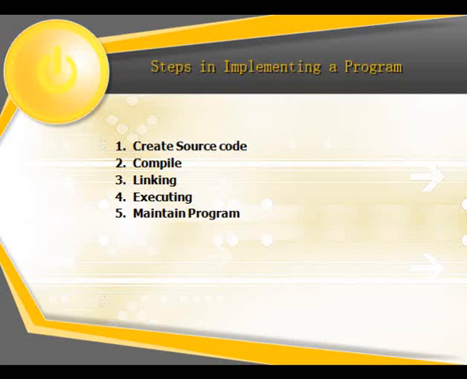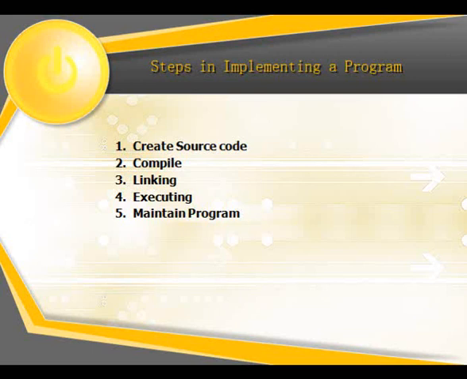Now, after you compile your source code, a process will be done that is called linking. Right? Linking is basically the process of combining together individual object files to form a single executable program. So let me repeat. Linking is basically the process of combining together different object code that is related to your program to form an executable program.